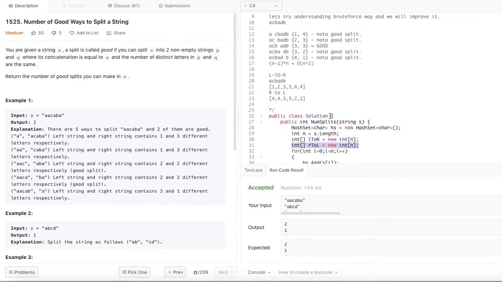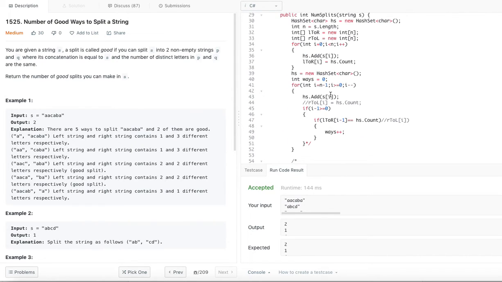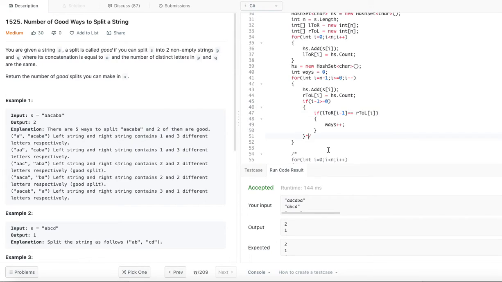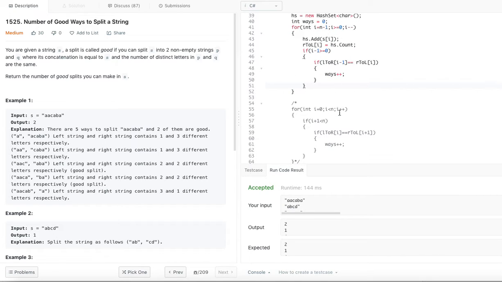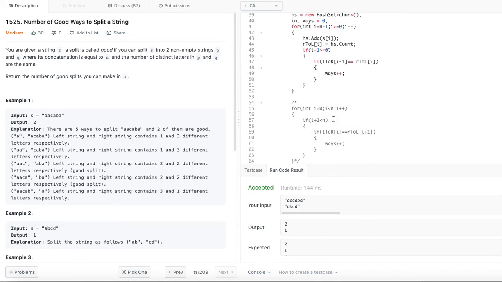So now let's go ahead and look at the time and space complexity. Let me revert to its original version so that we are not confused here. Just to keep the topic that we discussed, I have it with two arrays, right?